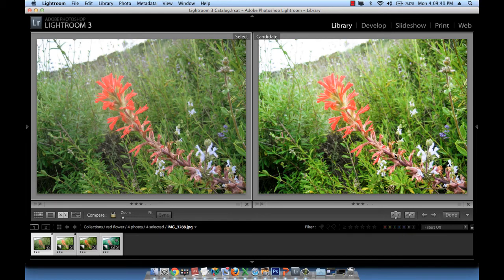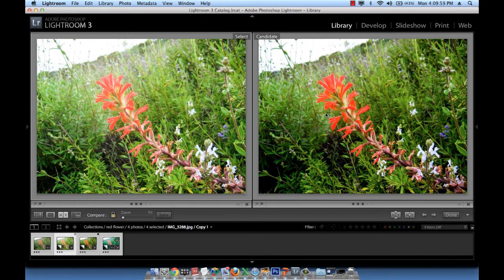And the way to do that is to go to this other XY icon on the right side that has the arrow pointing to the left. What this will do is it will make the candidate image the selected image because it will push Y towards X. So let me go ahead and click on that. Okay, so what happened now is the Y image or the candidate image became the selected image,